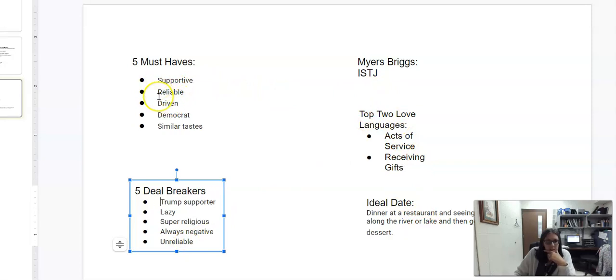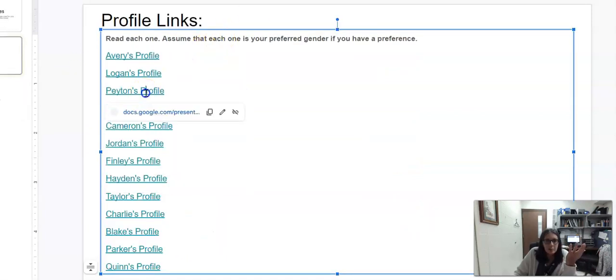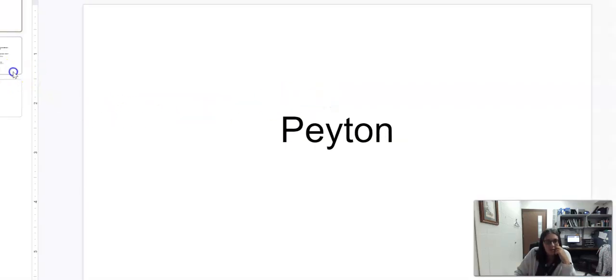Okay, so if I'm looking through this and I'm like, oh, if I'm not a really driven, motivated person, like to get stuff done, this person might not be the person for you, right? But if you're like, you know what, I'm pretty driven, these all fit me, and then none of this sounds bad, you'd keep it open. If not, you'd exit out, move on to the next one. And then you just kind of keep on going